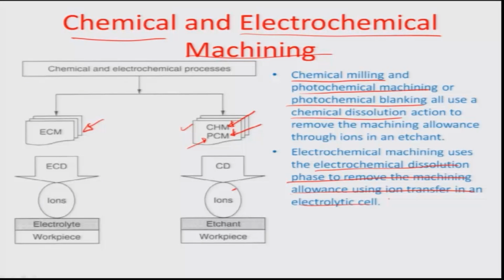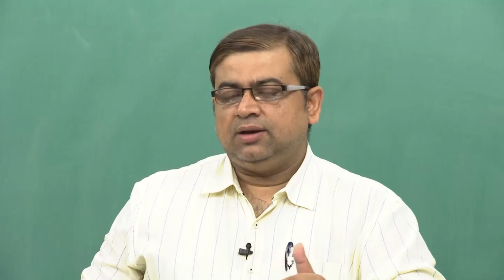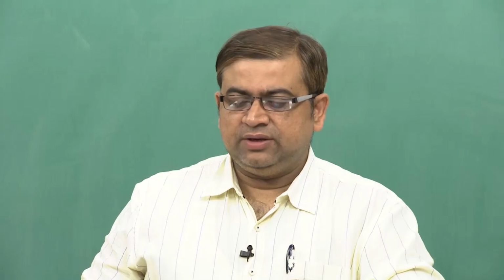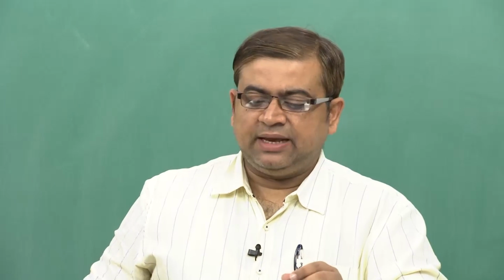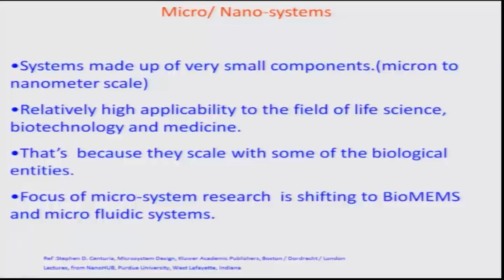Okay, so let us look into some systems, for example, why the micro nano systems, and then let us also look into some aspects of how to machine or fabricate such micro nano systems through a variety of photochemical or chemical steps, or even chemical deposition steps, so that you could realize very small micron to nanometer scale components. So, let us talk about these systems made up of very small components, micron to nanometer scale, these micro nano systems. They find relatively high applicability to various fields, but especially in the field of life sciences, biotechnology and medicine,